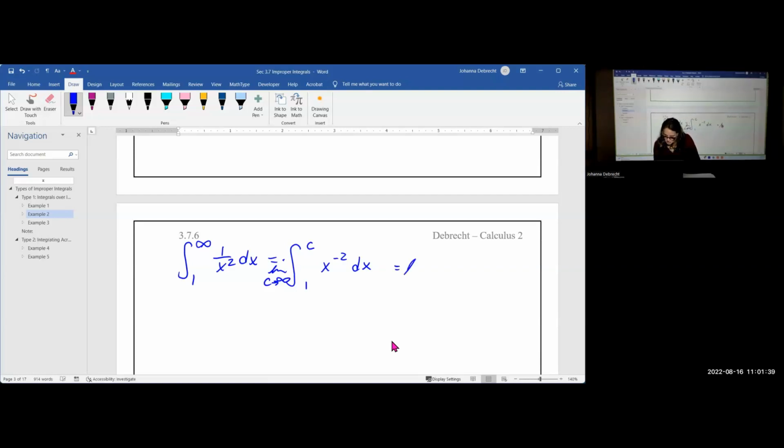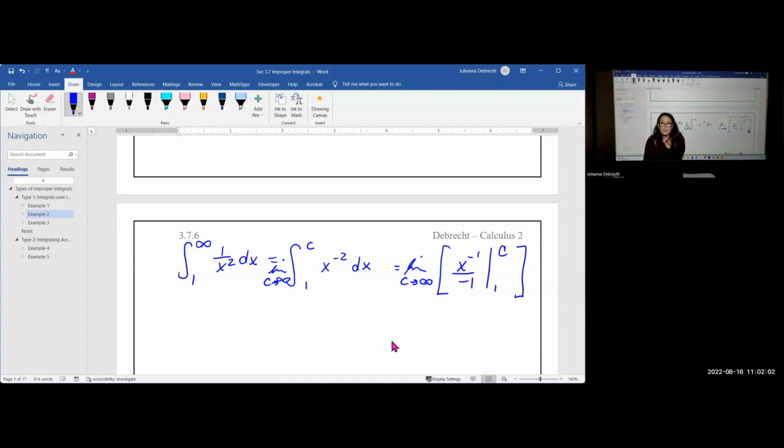So this is going to give me a limit, c approaching infinity on the outside, and I need to complete that definite integral. So an antiderivative here, applying the power rule, add 1 to it, gives you x to the negative 1 divided by negative 1. So I have x to the negative 1 divided by negative 1, and that has to be evaluated between 1